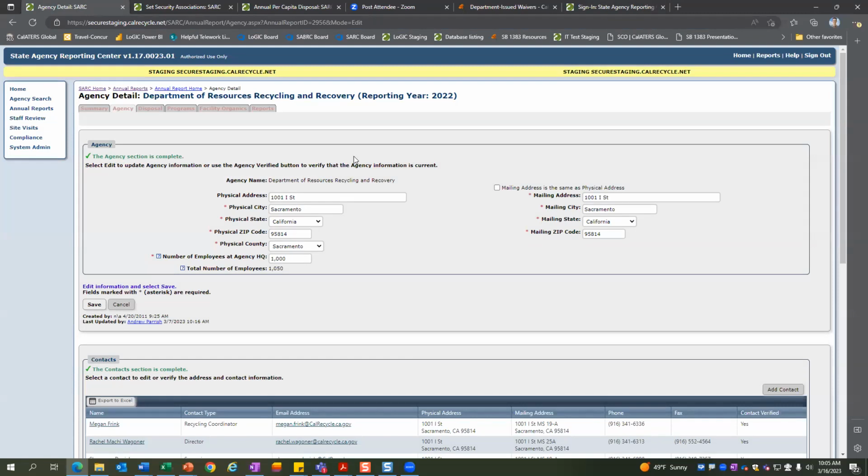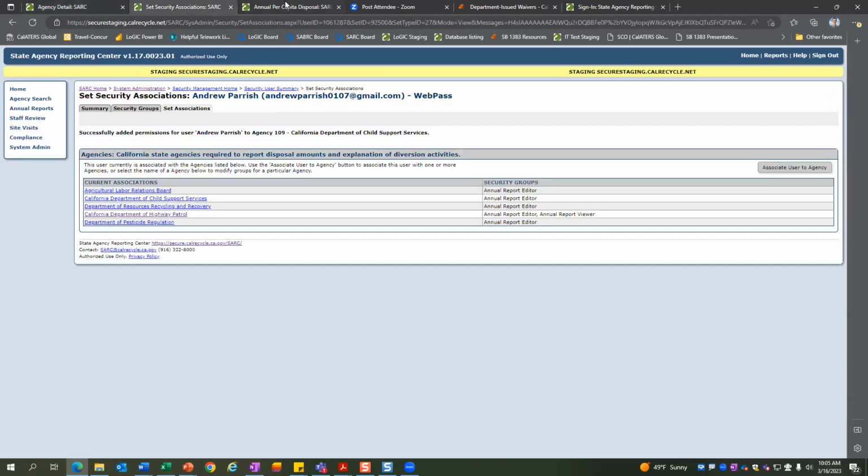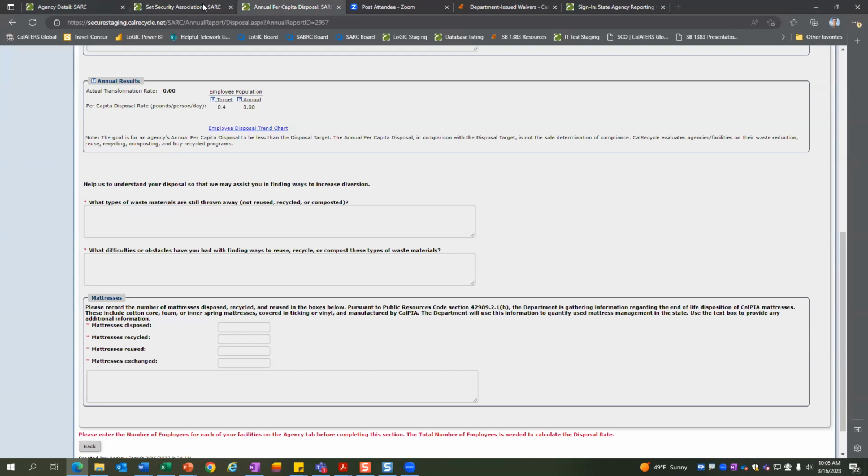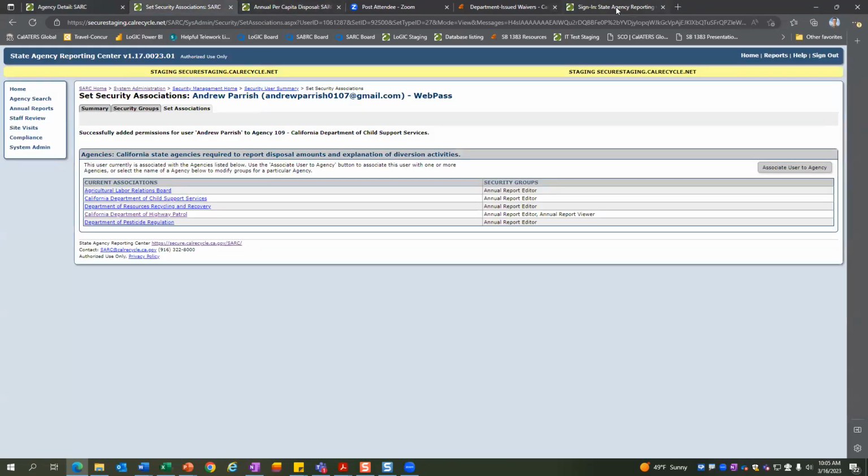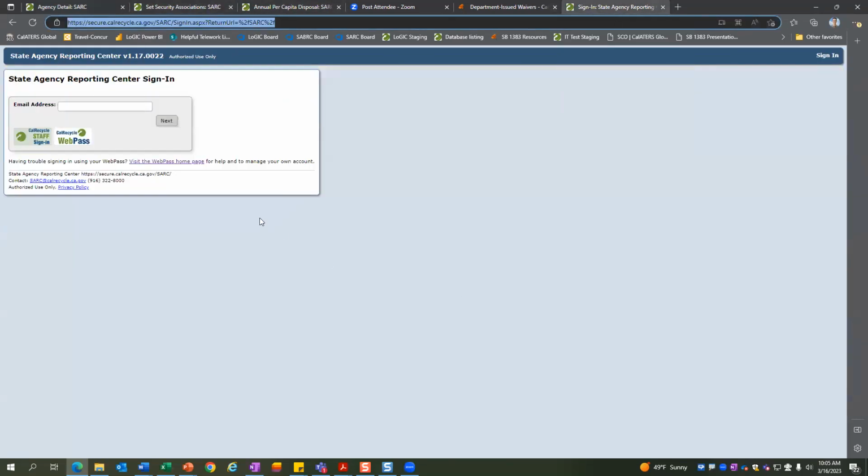Okay, so the screens that I'll be sharing are in our staging environment. It's not accurate information in here, but it will go through the process of sharing how you report in our new system. Let me just make sure I have everything online here. So where you first want to start is you'll sign into your report through this portal here. And Brianna, if you could share the link to this portal, please.